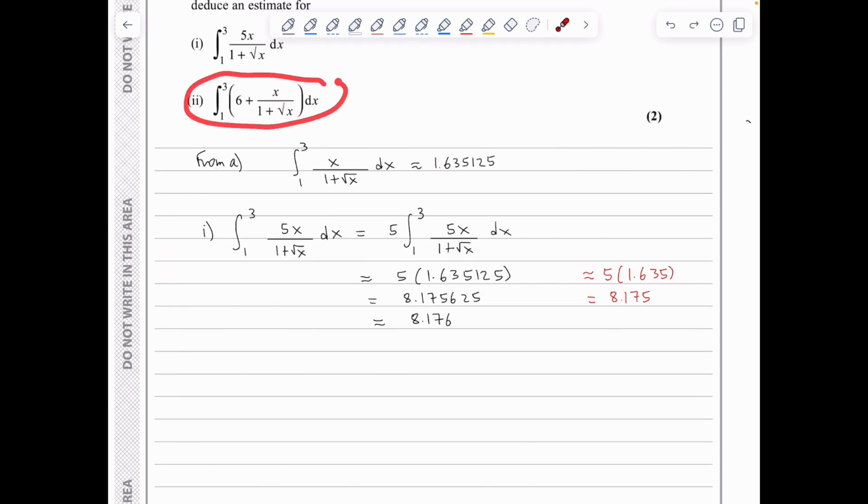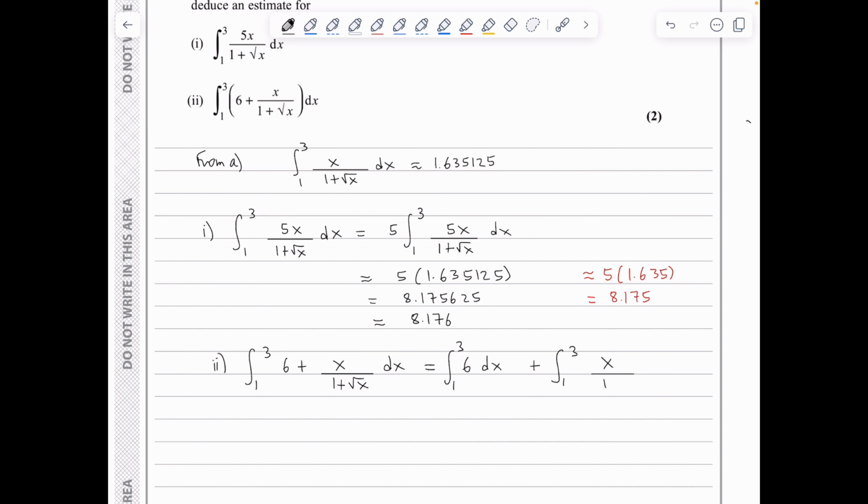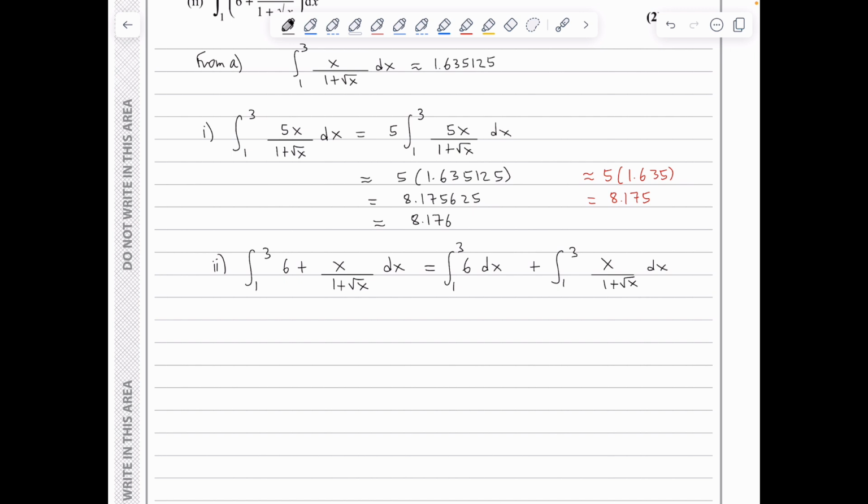In II, we need to estimate the integral from 1 up to 3 of 6 plus x over 1 plus root x dx, which can be split as the integral of 6 from 1 up to 3 with respect to x, plus the integral from 1 up to 3 of x over 1 plus root x dx. Well, the first integral here can be calculated analytically, so this is giving me 6x from 1 up to 3, whereas the second integral is simply the answer to part A, which was found to be